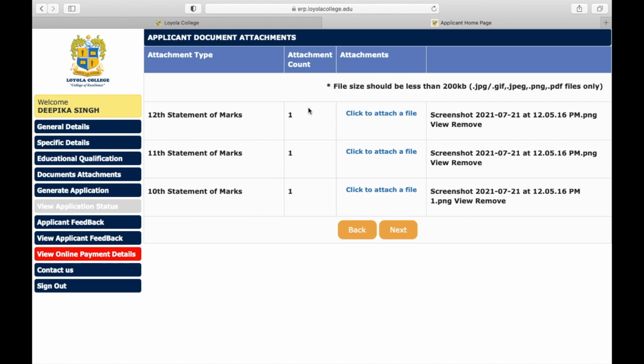After clicking the submit button, you can see the applicant document attachments. You have to upload your 12th statement of marks, 11th statement of marks and 10th statement of marks, and the file size should be less than 200 KB and the format should be JPG, PDF or PNG. Make sure that your attachments are less than 200 KB.